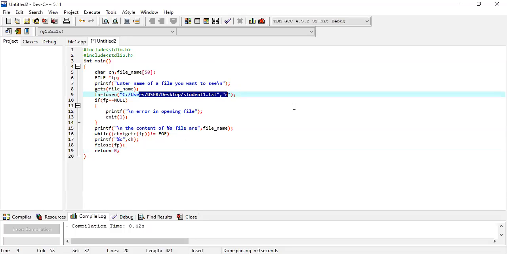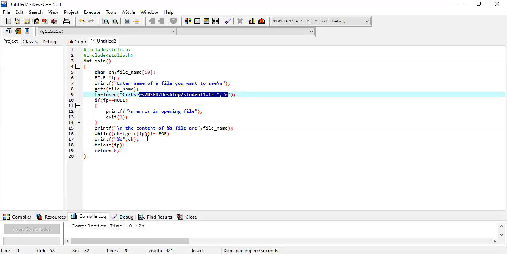So whatever the content of student one is already defined by fp. Now you have to print all those characters, whatever we have already written in student one, into my output monitor. So you first read from that particular file, then you print into the output screen.